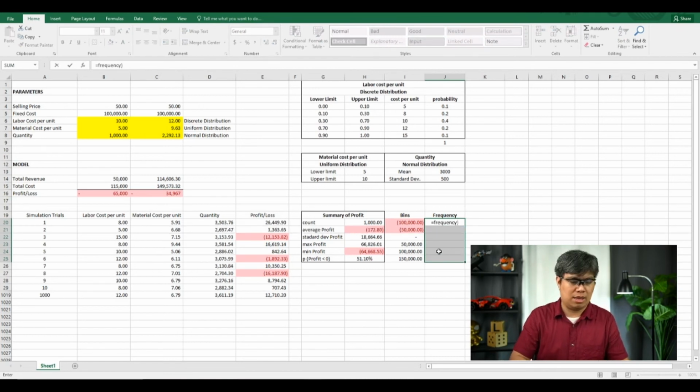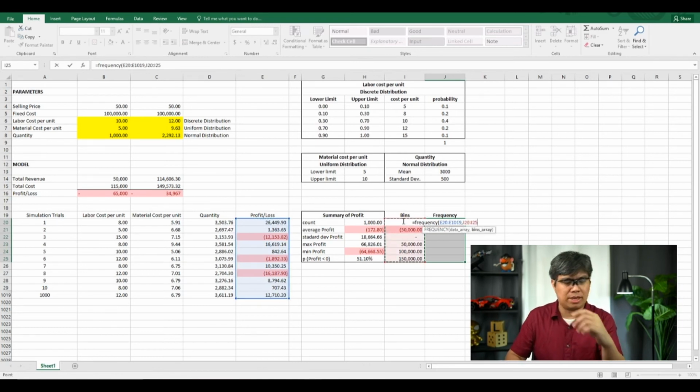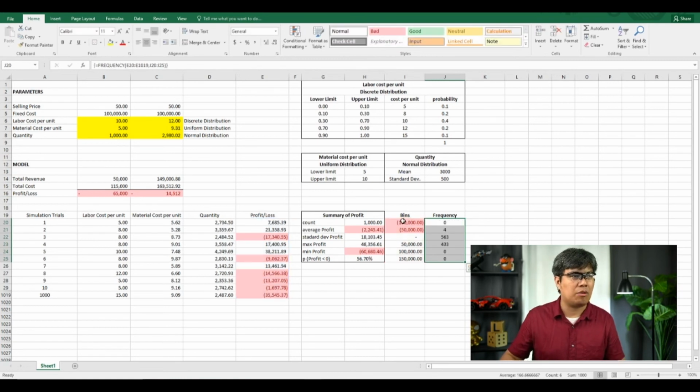And then you'll be asked to select the data array. So simply again select the column under profit and loss, and then the bins array, which you already constructed, select them, then close. Now normally you would only press enter so that you'll get the frequency for that particular row. Our goal here is to populate the entire frequencies from top to bottom. So the trick here is typing in the keys Control, Shift, and then Enter, and then it will populate it